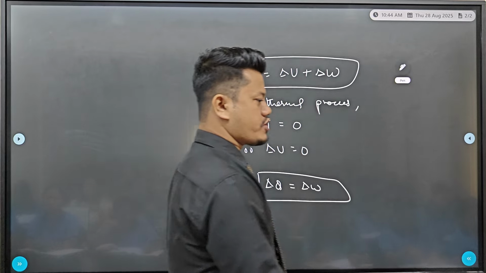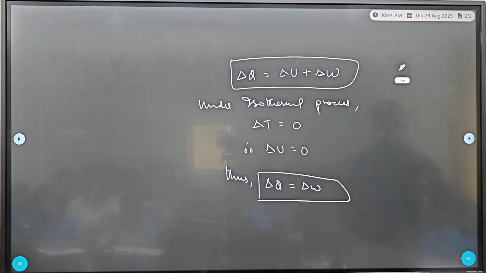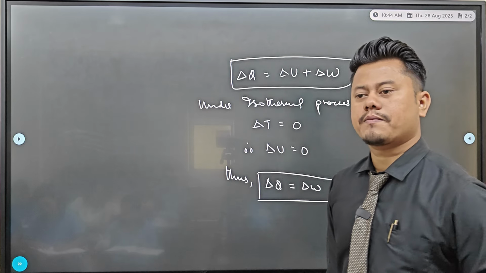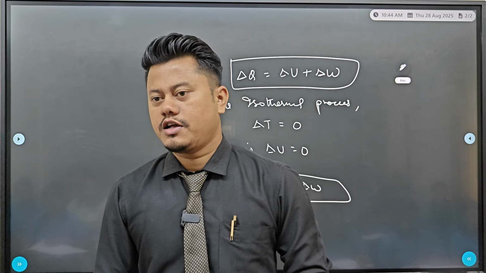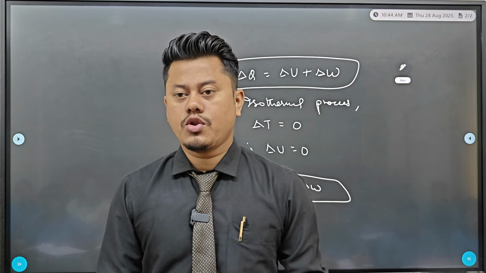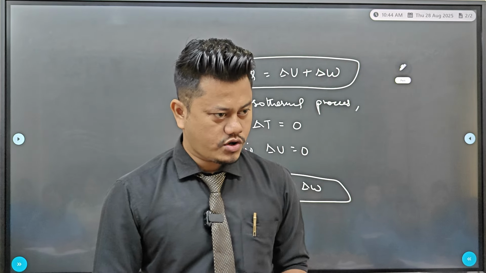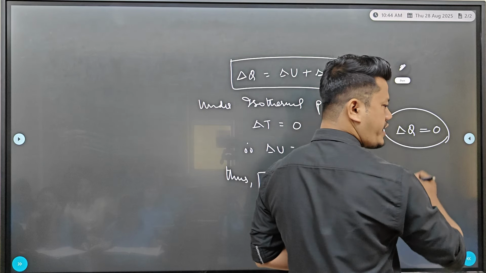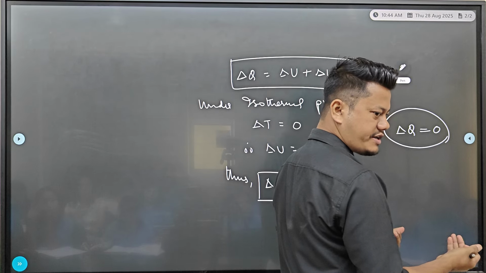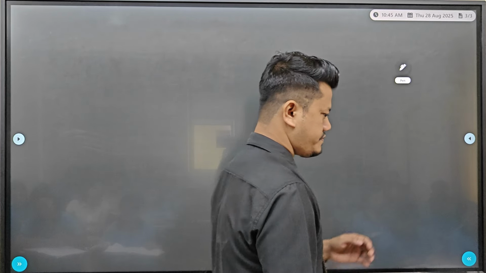Please go for the next important process, adiabatic process. Okay, what is adiabatic process, by the way? I have already explained what is adiabatic process. The process in which no exchange of heat occurs between the system and the surrounding. Yes or no? It means one thing is confirmed, that under adiabatic process, change in heat needs to be 0 because no exchange of heat occurs, right? Yes or no? So just write, it is a process in which